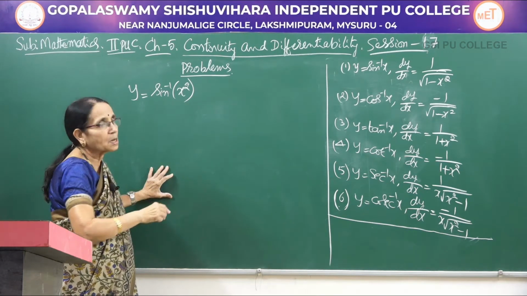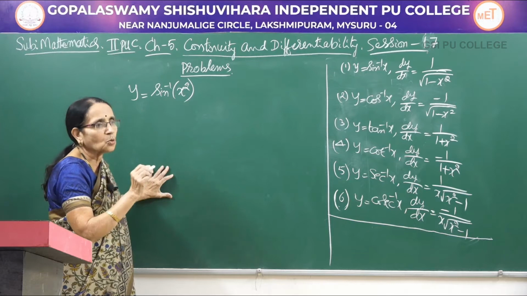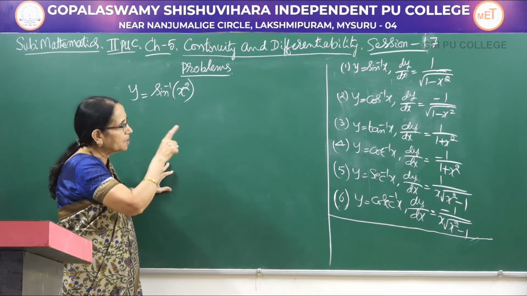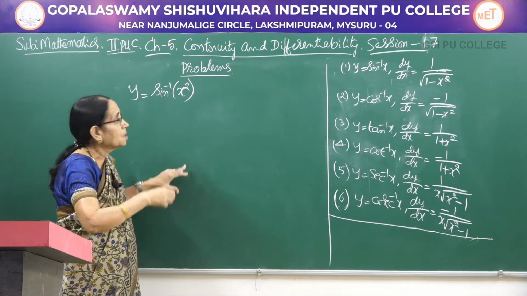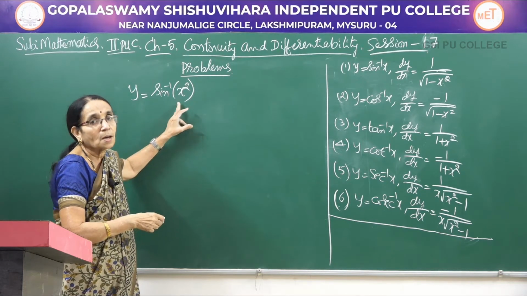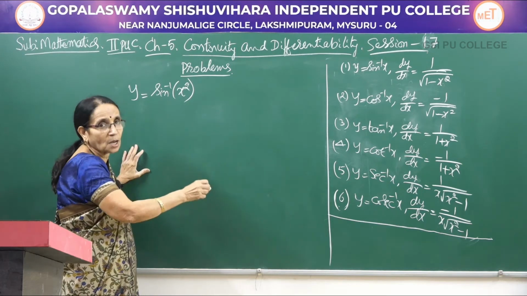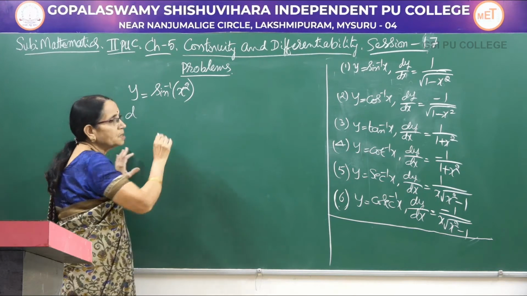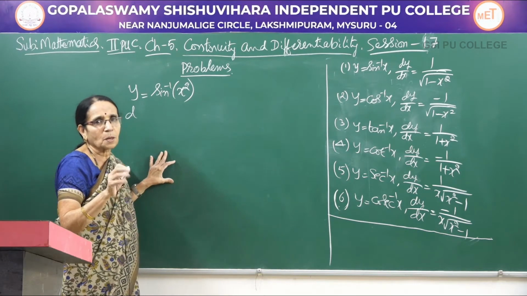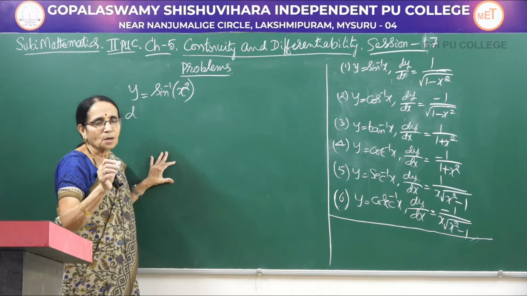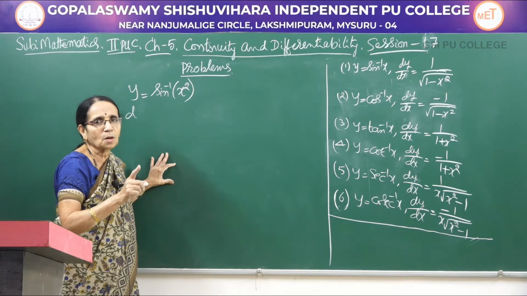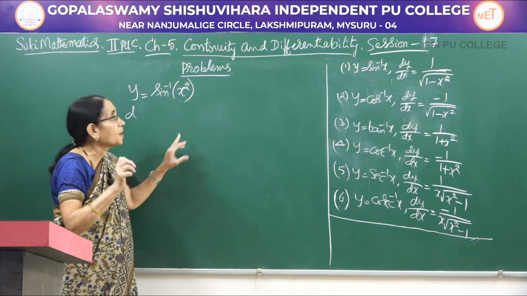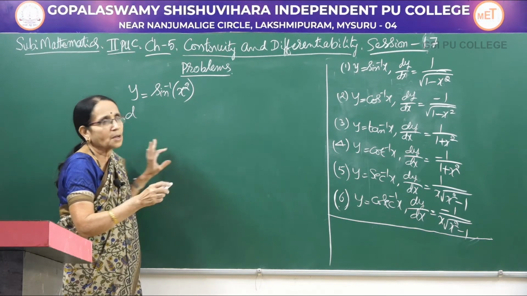What is the derivative there? 1 divided by root of 1 minus x square. When x is there, it would be squared. In the place of x, what do you have here? X square. So, we follow the same rule here, that is sine inverse of anything, like that you remember. Sine inverse of any function is 1 over square root of 1 minus square of that function. X is there, x square.